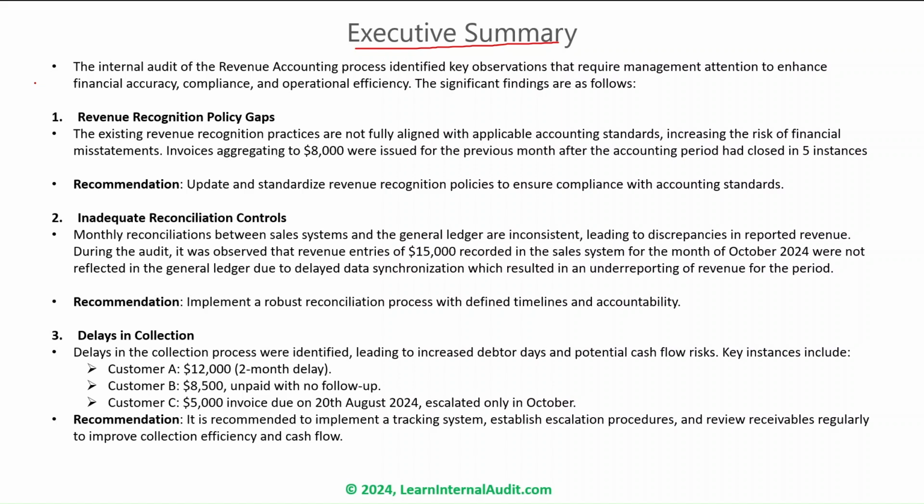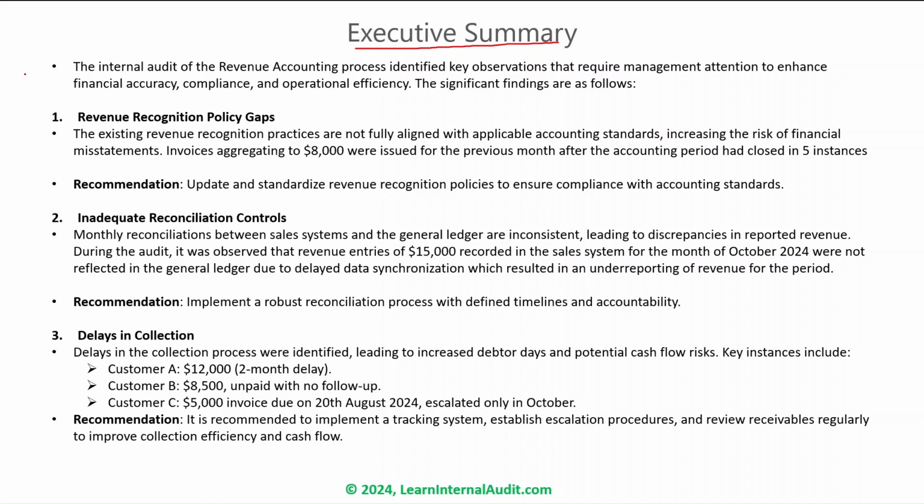See, the board of directors or the key members of the management may not have adequate time to go through the entire audit report, which could be a long document. So they are expecting an executive summary, a document which is very concise, maybe 1 or 2 pages max, and they can read it in a matter of 5 to 10 minutes and get the entire gist of what was found in the audit. So an executive summary generally runs to 1.5 to 2 pages maximum, to ensure that it is concise and is only used by the management.